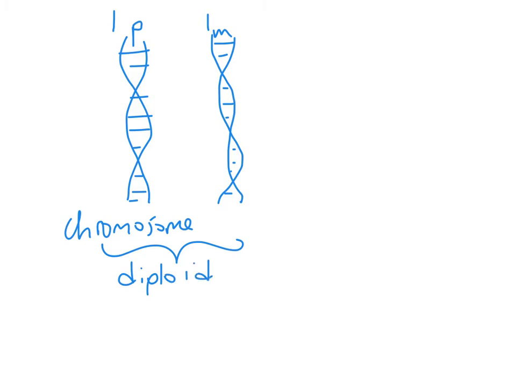Okay. At what stage of the cell cycle? We were just looking at a diagram of the cell cycle. You can flip back if you want to and look at it. At what point during the cell cycle are our cells diploid? They have 2 copies of every chromosome. At every stage of mitosis. At every single stage of mitosis, the cells are diploid. They're only haploid in meiosis. So